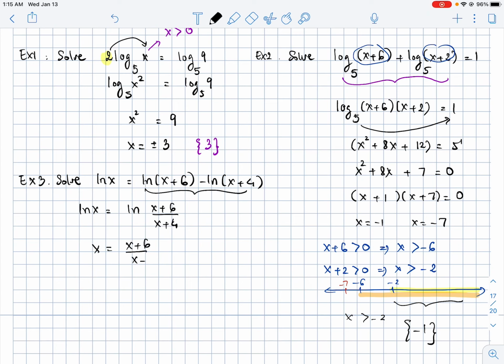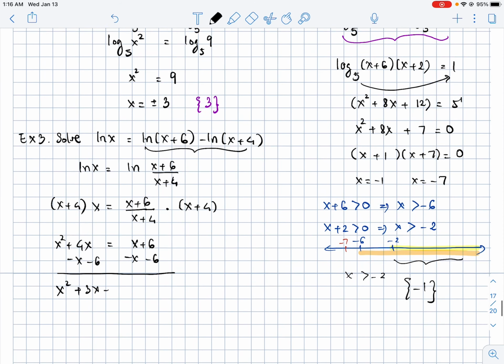We have a fraction in the equation. We need to get rid of this fraction. We will multiply both sides by x plus 4. Then we will get x squared plus 4x and cancel out the x plus 4. Then we will think about a quadratic equation. We will subtract the x and subtract the 6 from both sides. So x squared plus 3x minus